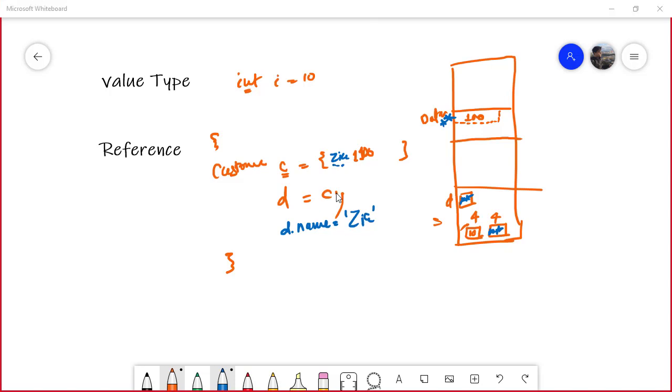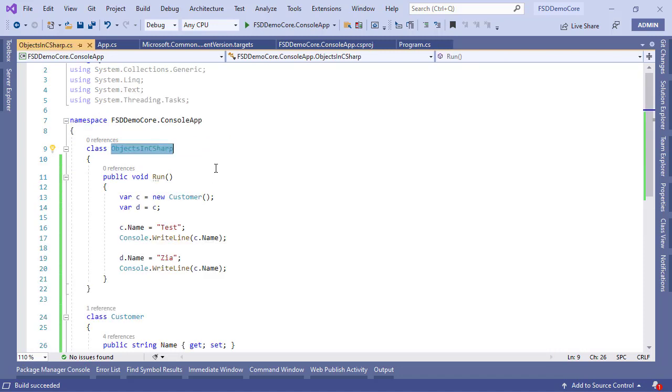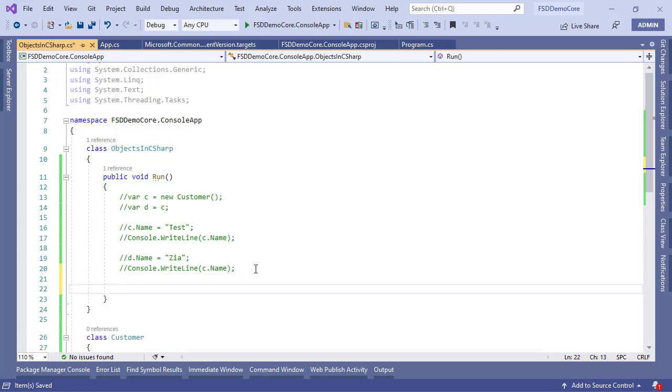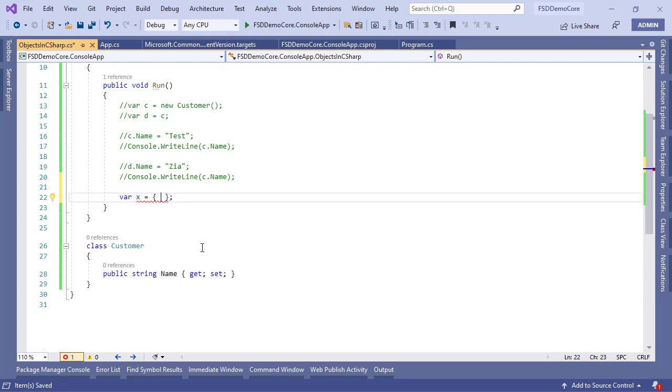Okay, but there are other ways of declaring objects as well. We'll comment this one out, and this is where the var keyword is going to come in handy. If I want to declare a complex object, the concept of, once again, abstract data type,